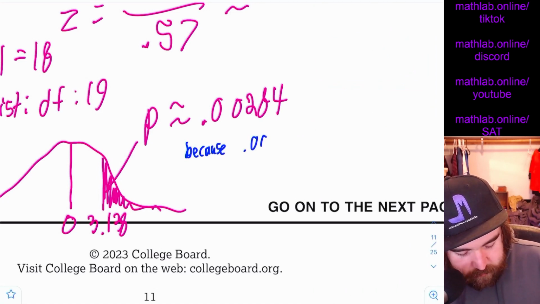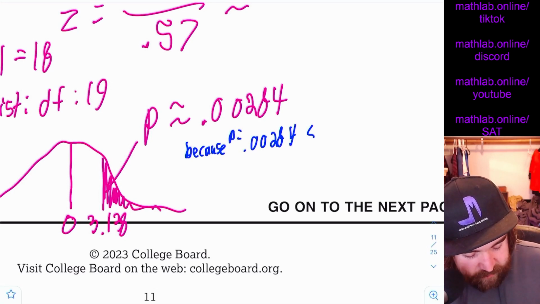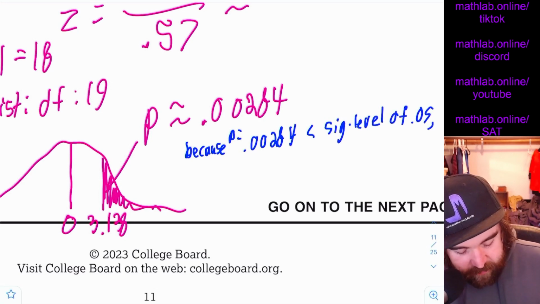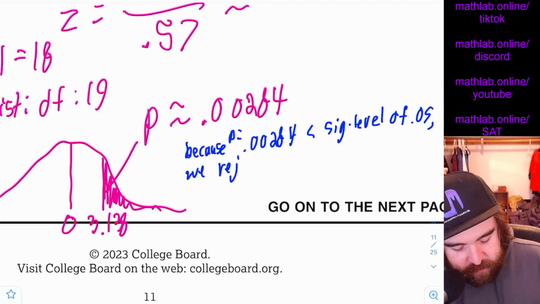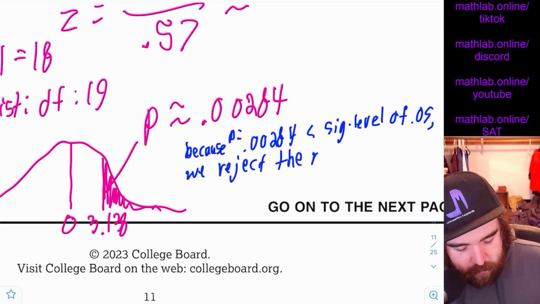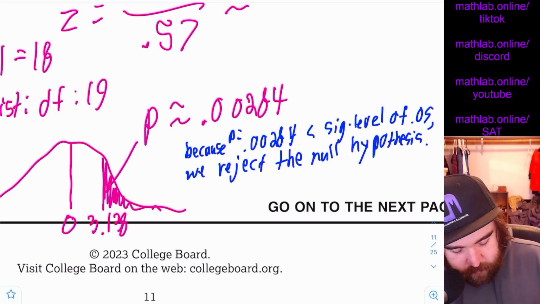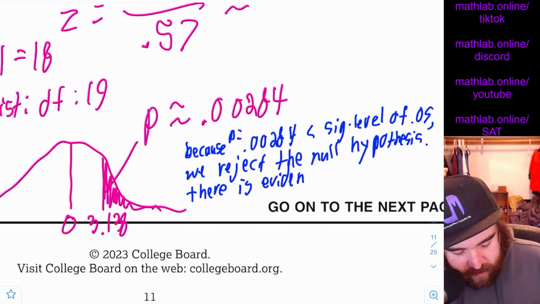Now we'll change colors and we'll zoom in and we'll say, because 0.00284 is less than the significance level of 0.05, we reject the null hypothesis. There is evidence that